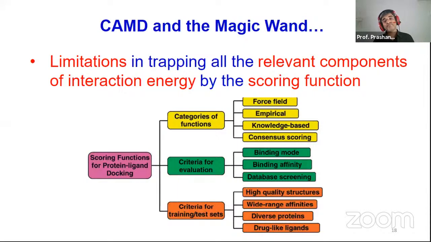So you are trying to develop a model for predicting something, but the data on which the model is based is itself variable, right? Because it comes from a biological system. So obviously all the errors are introduced in the model, and then when this scoring function is used for predicting the activity or binding affinity of a molecule to a particular protein structure, all those errors will propagate, and then you may not actually get a proper result. And that's where it's very difficult to get a correlation between the experimental binding affinity and the docking score.